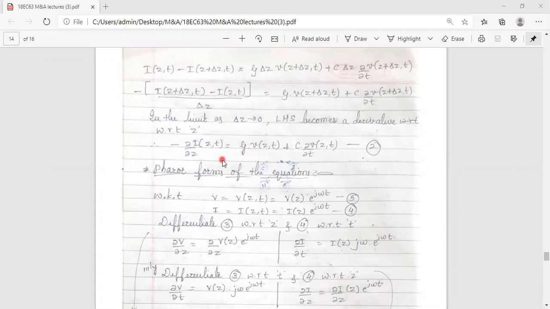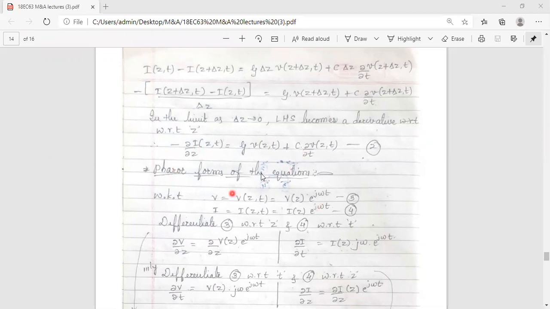After this, the main aim is to find the differential equations, and we have to solve the differential equations to find the solution. Solution means we need to get the response, the output of the system. V and I are the two important variables. In case of transmission lines, they are not simple parameters like numbers, 2 volt, 3 volt, 5 volt, or 2 amps, 3 amps. Instead of that, they are electromagnetic waves. Hence, we need to consider their amplitude as well as the phase.